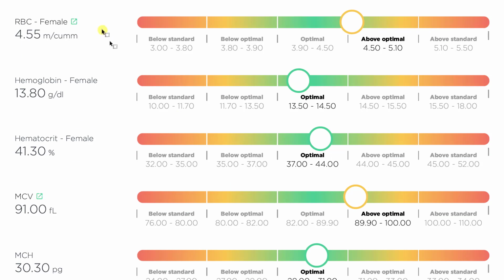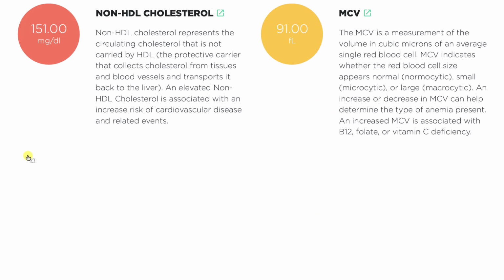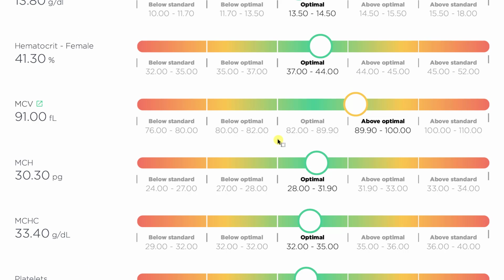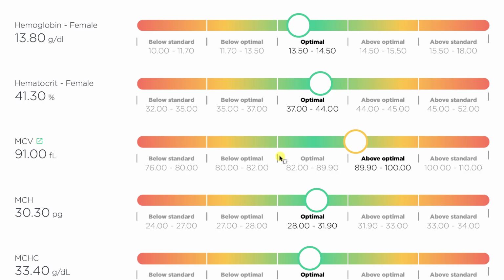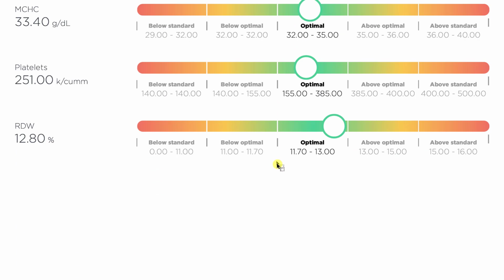Looking at your red blood cells, your red blood cell production is a little high, but it's not really abnormal, especially because your hemoglobin and hematocrit are normal. So this would indicate that you have normal oxygen saturation in your body. However, MCV is elevated, and with an elevated MCV, it indicates B12, folate, and vitamin C issues, deficiencies. So again, supporting your body with nutrients is one of the main things we need to do based on this